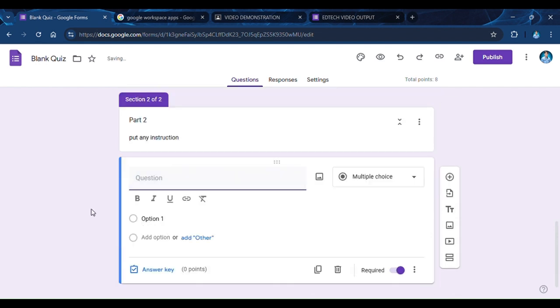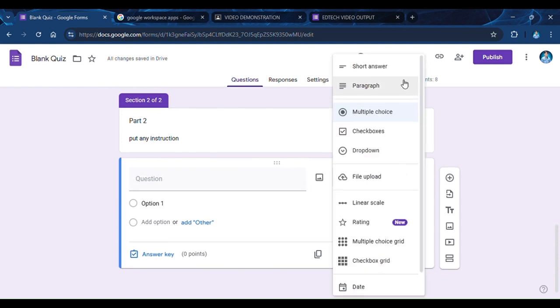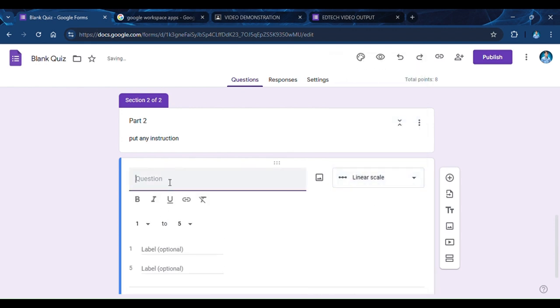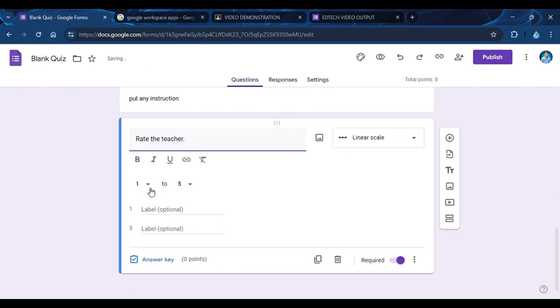Here you can customize anything that you want from multiple choice, short answer, paragraph, check boxes, drop down. It's up to you. Or it could be an evaluation, for example, a linear scale. For example, rate the teacher, either 1 to 5.